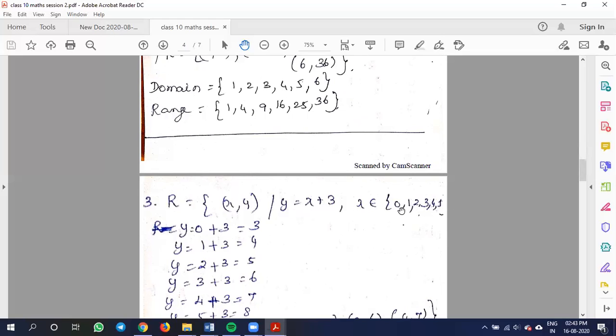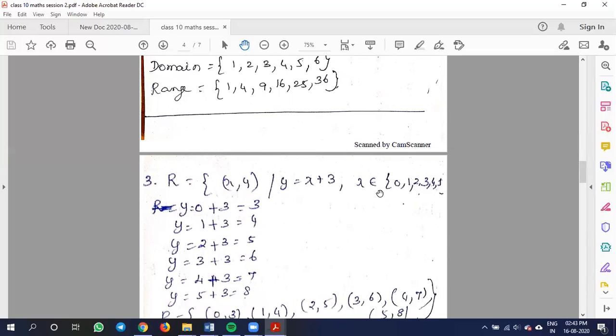Okay. First you have to take the first element. y is equal to, in the place of x, you have to substitute 0. So again I'm repeating, y is equal to, what is the first element? 0. 0 plus 3, that is the constant. So 0 plus 3 is 3. Now, what's the second element of x? 1. So in the place of x, I am putting the value as 1. 1 plus 3, it is 4.